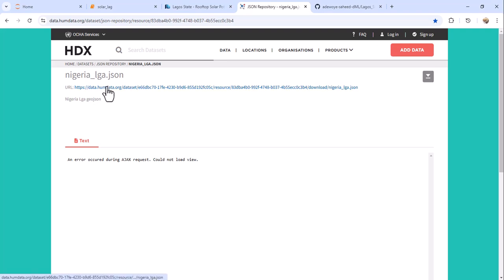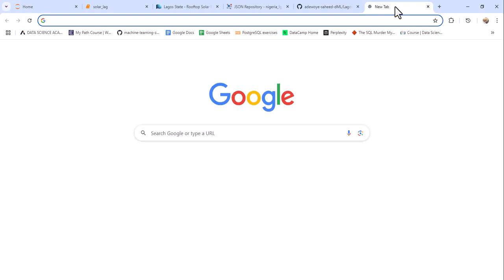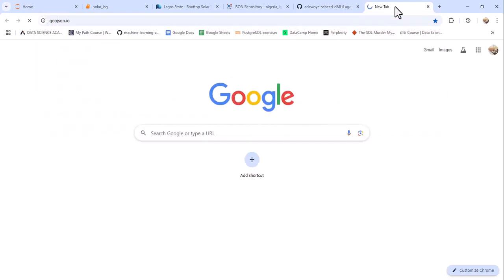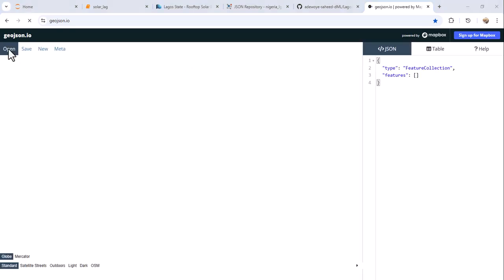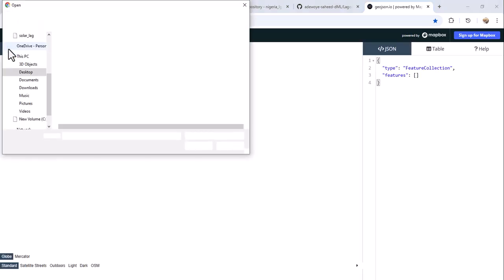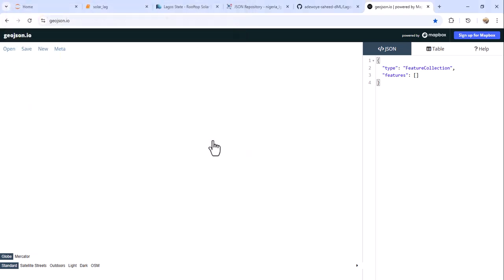So I downloaded this dataset, and I converted it to a GeoJSON file for my visualization, because Power BI can only read files like GeoJSON and the likes, but a JSON file is not compatible with that. So I converted it using geojson.io. You can simply come here, upload the downloaded file, convert it, and save it as GeoJSON. So after that,